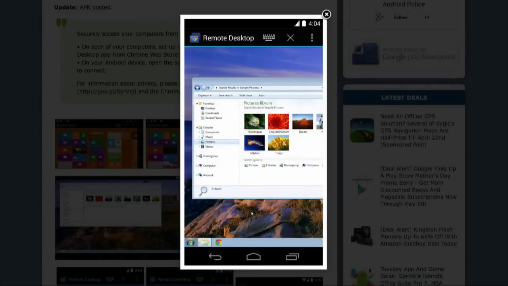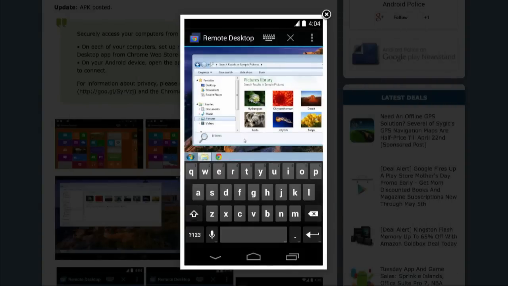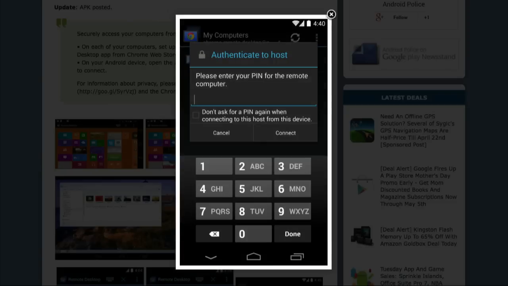And I set this up just before the show. You need the Android app, you need a Chrome extension, then you have to install the Chrome Remote Desktop Host software. You have to set up a PIN number. I mean, of course, there's a ton of security issues around remote access on your phone. But once you've got it all working, it shows up on your Android device as a remote desktop that you can control. You move your finger around, and that's the mouse. You can make the keyboard appear. It's a really nice remote desktop app, also free.